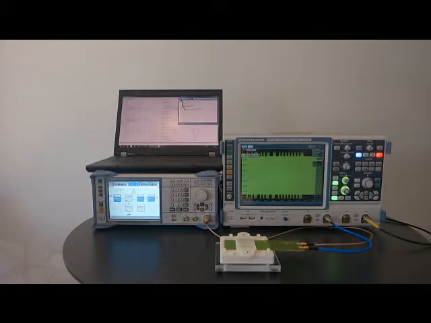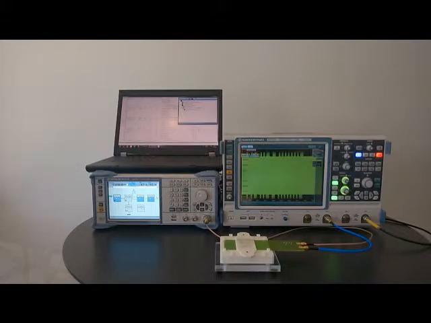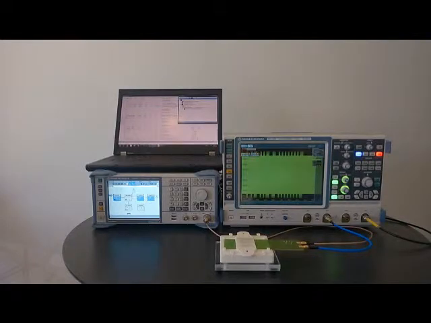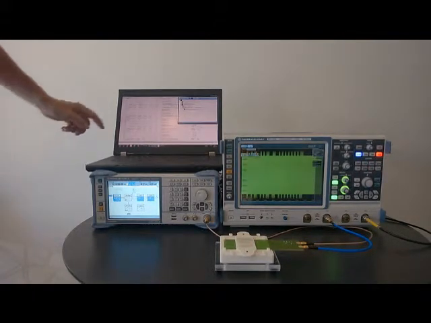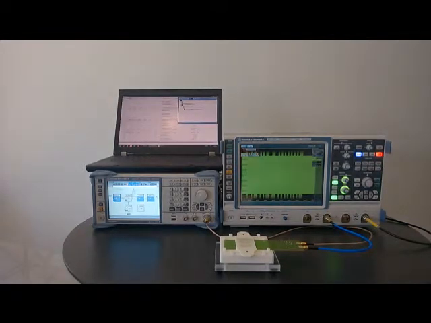Today I'll show you our newly developed automatic NFC and RFID test system. In this test setup we are doing a carrier frequency test on an NFC Class 4 tag according to the NFC Forum standard. The test software is installed on the laptop, and this software controls the instruments and also displays the test sequence and each test case if it's passed or failed.